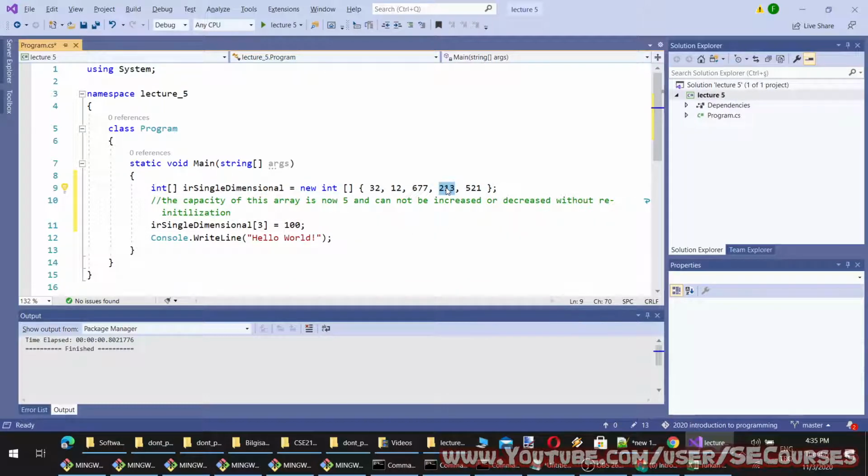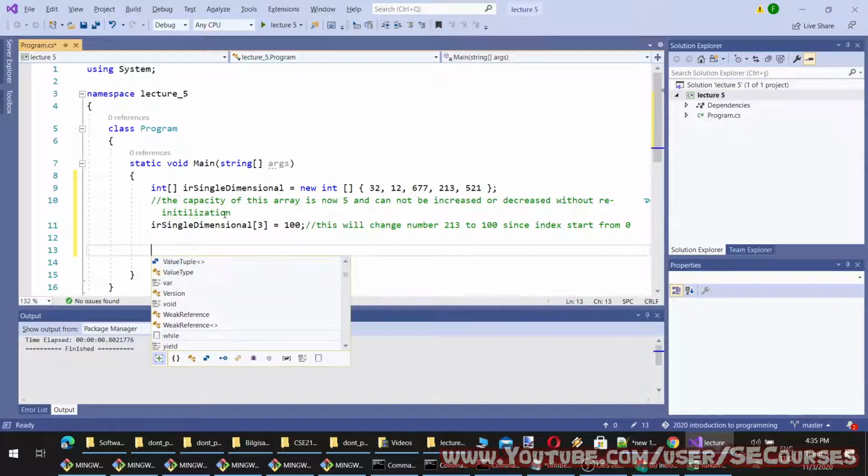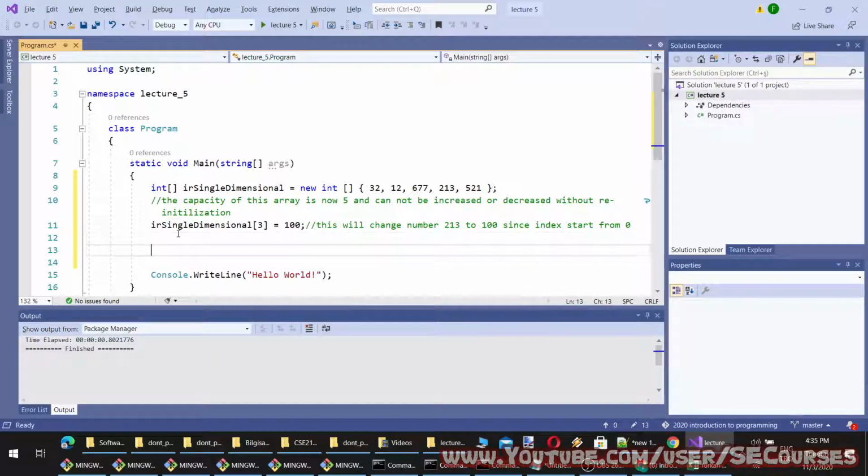It will be this one, because index always starts from 0.